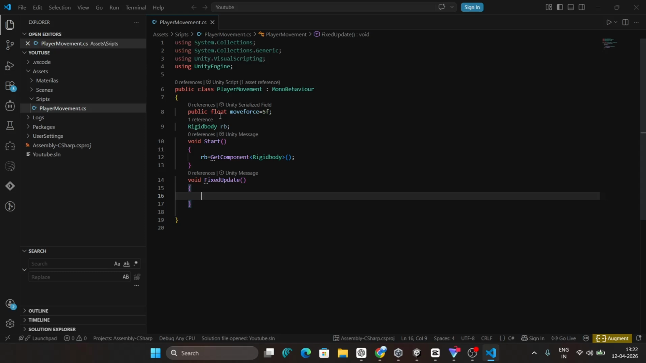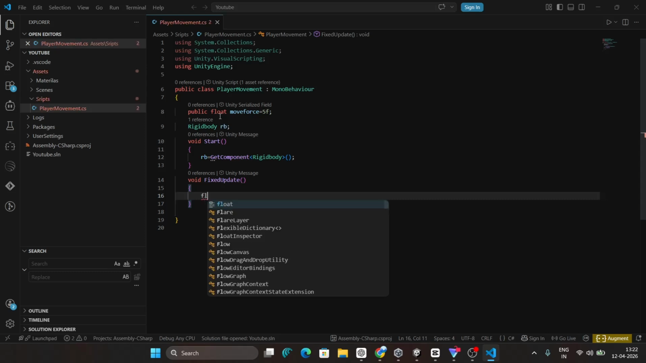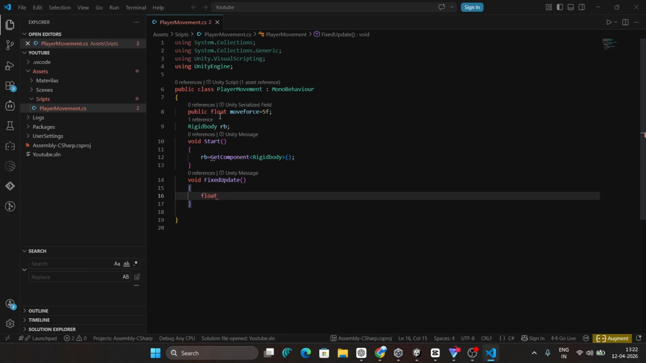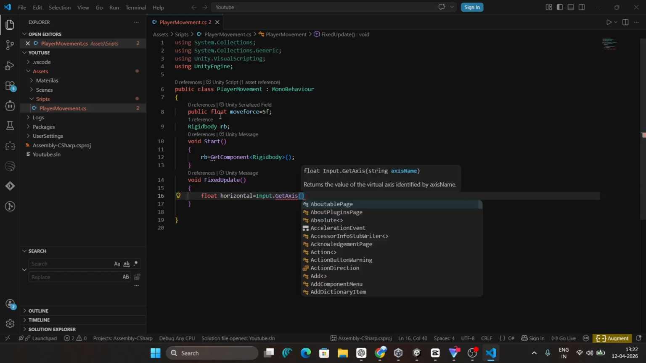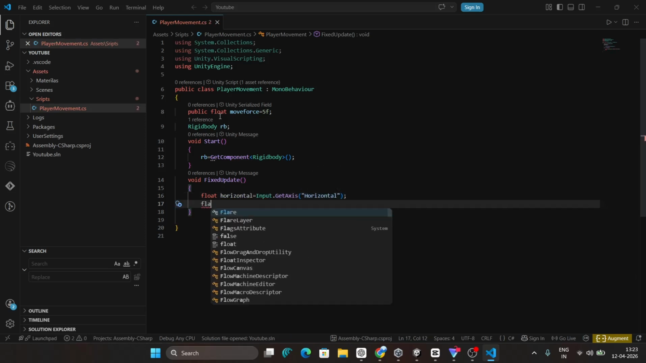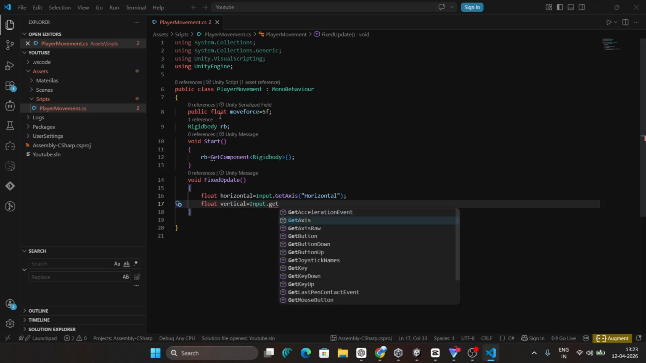Now inside the function, the first thing we need is the player's input. We need to know which direction the player wants to move. Unity already provides an easy way to read movement input using Input.GetAxis. So I am going to write these two lines. float horizontal = Input.GetAxis("Horizontal"); float vertical = Input.GetAxis("Vertical");